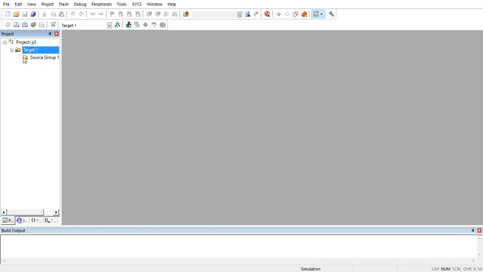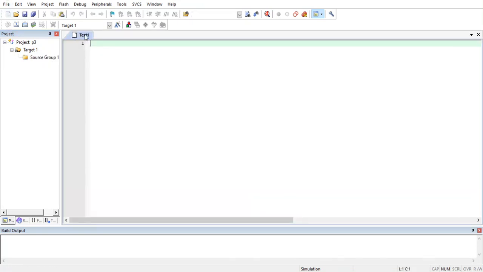So here we can see this is our target source group 1. So let's make a new file. So this is a new file. Let's save this file as sum of squares using subroutines .asm.